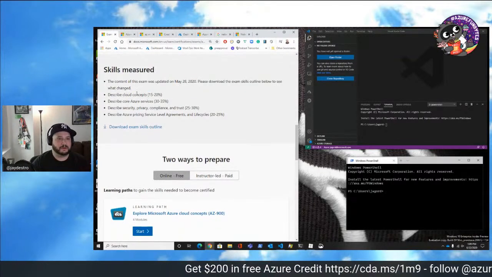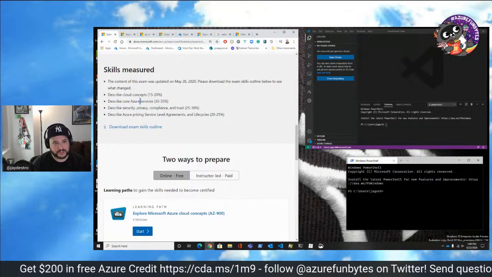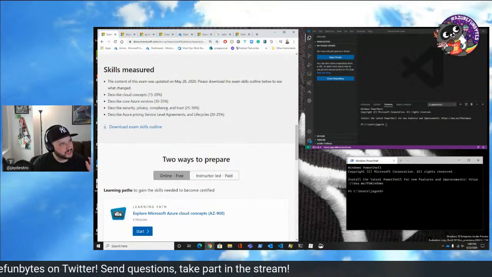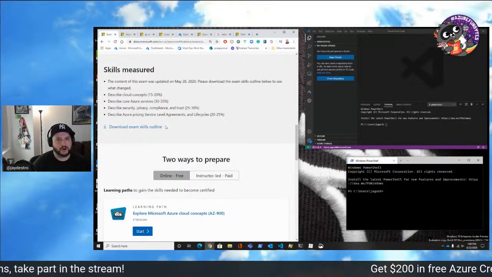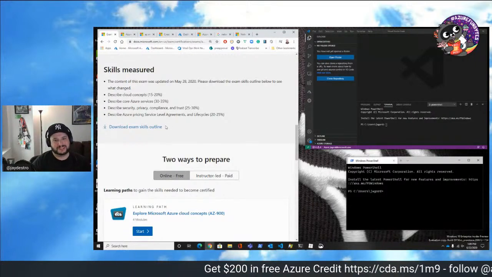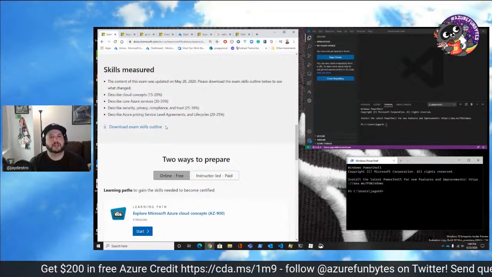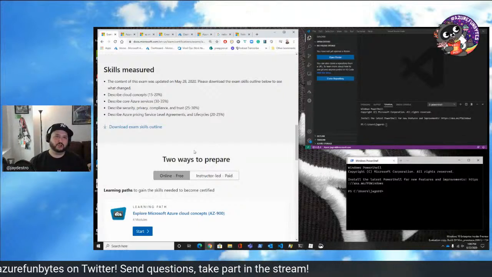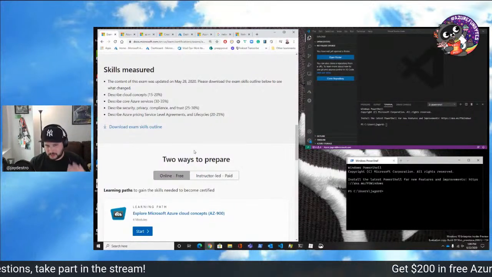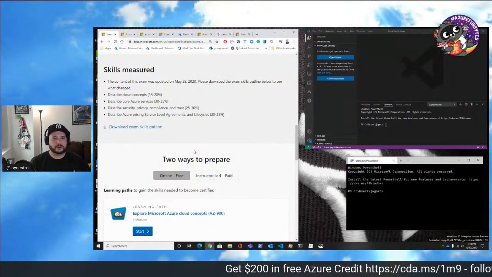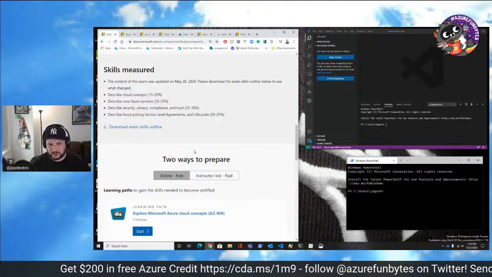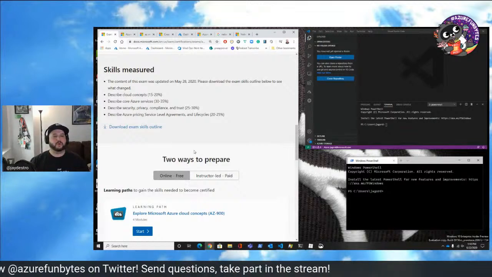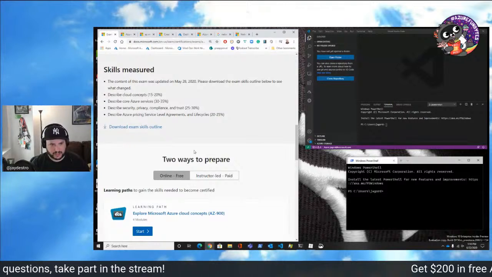So you want to describe the cloud concepts. You want to describe all the core services, and describe the security, privacy, compliance, and trust. I'll talk a little bit about security today, and how we can use security tools built into Azure to secure, even at the most minimal level, the things that we're working on. And then obviously a big part of AZ-900 is what you're going to bring to your place of business, to tell your customers, your boss, whoever is trying to make sure you succeed, that you're able to use Azure in a cost-effective way.